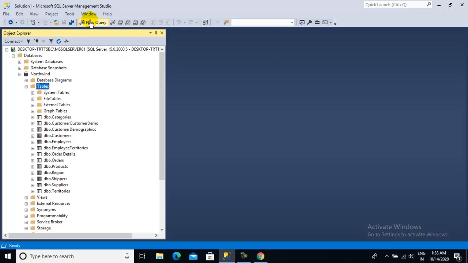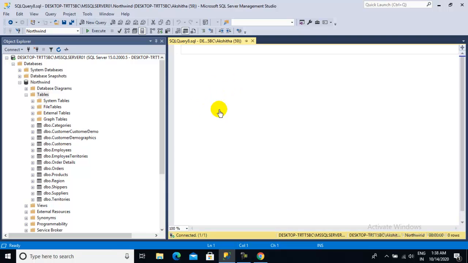So here, open the query window, where you can write, for example, a query to view employee information. What you are trying to do is use a SELECT command. To get the information you want to see, we compulsorily need SELECT, a keyword which is used to retrieve records from the table.